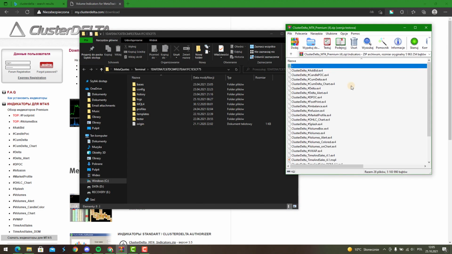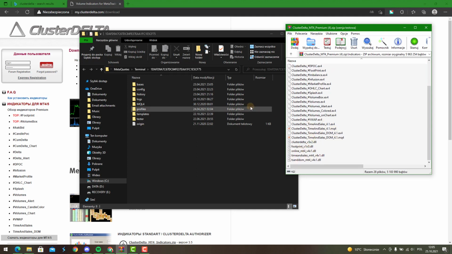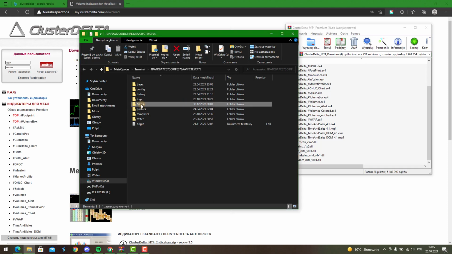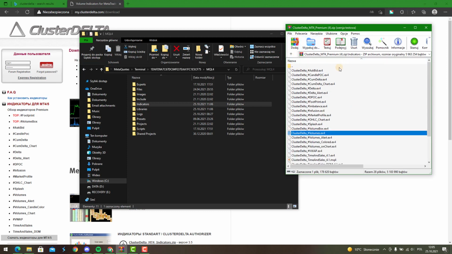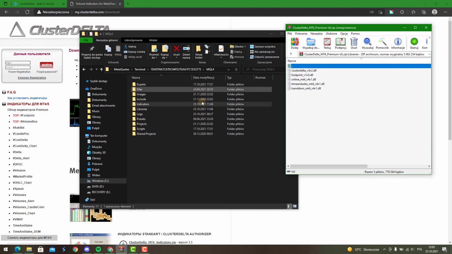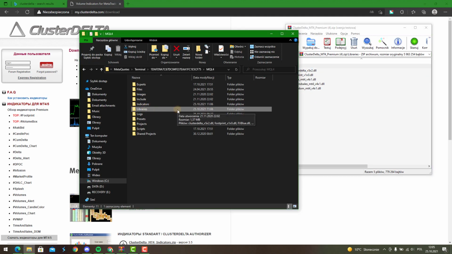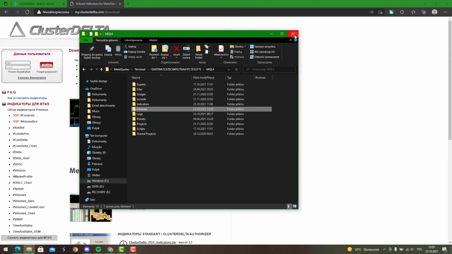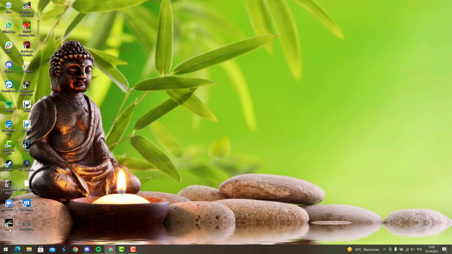directories. Everything that is here, really once again need to say, even the tools you are already using, the footprint or Candle Imbalance, please copy everything with these DLL files and copy to inside the MQL4, to the indicators, and then same with the second directory, the libraries, all DLL files in here. And after this, you can once again run your platform,